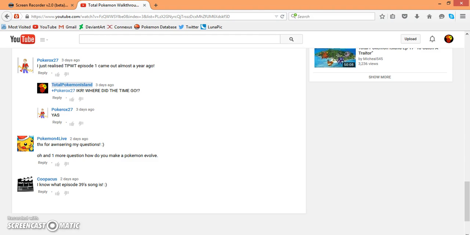How do you make a Pokemon evolve? Now, this is a pretty easy one, so I'm going to explain. You could be asking how to do it in writing, how to write a character evolving, like what a good scenario would be for a character to evolve in, or you could be asking how to animate the Pokemon evolving. So I'm going to go over the writing part, and the way to make a Pokemon evolve in writing, I